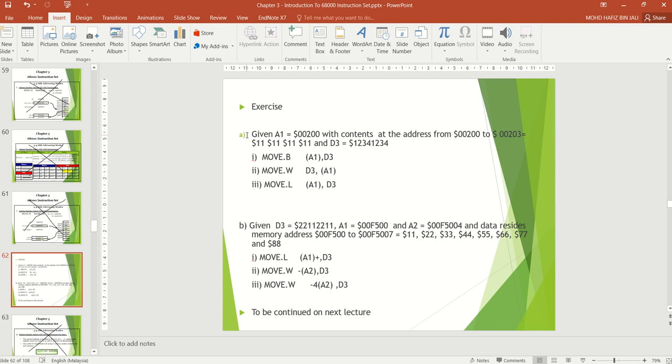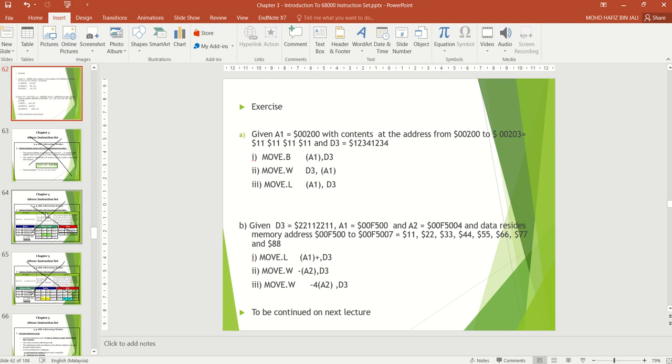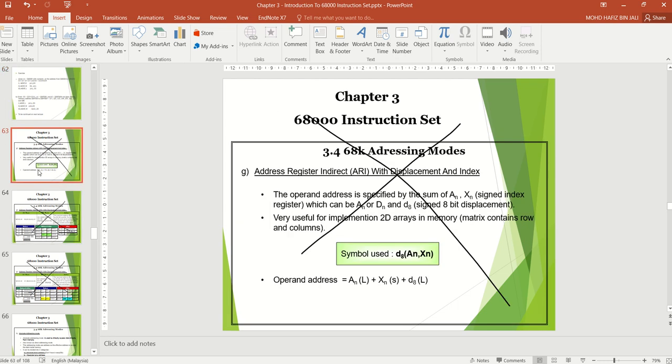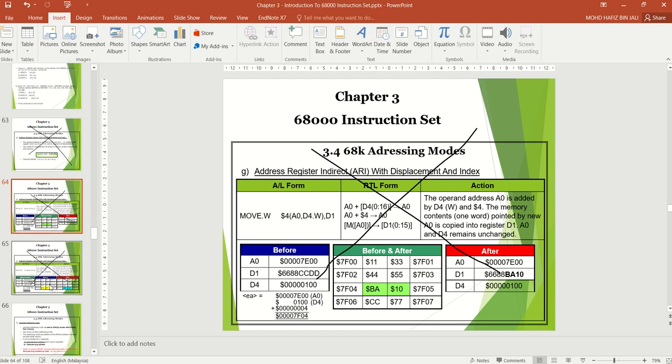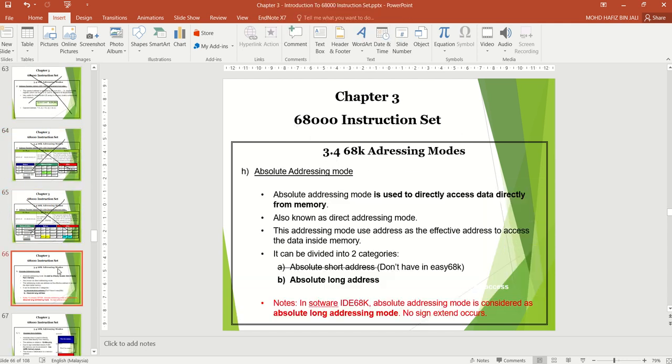There are several questions. A has a sub question of 3, and question B has a sub question of 3. But this one also will not cover displacement and index. Displacement will not be covered.